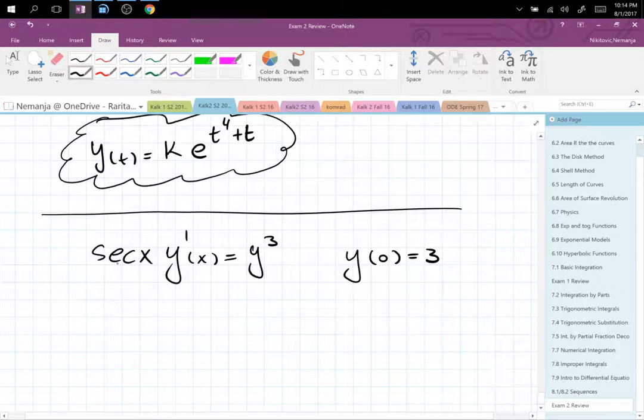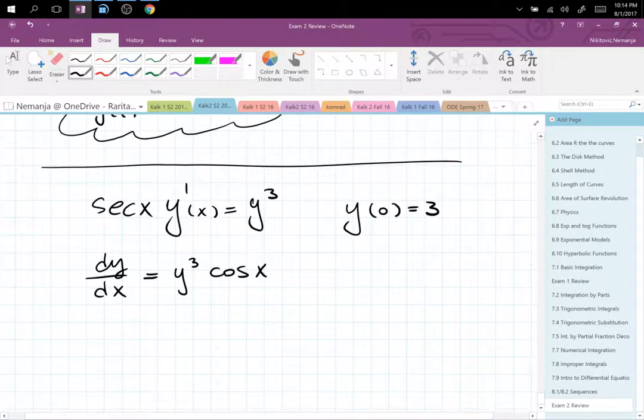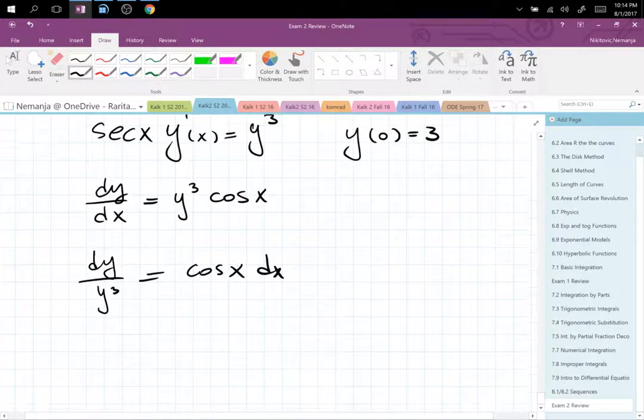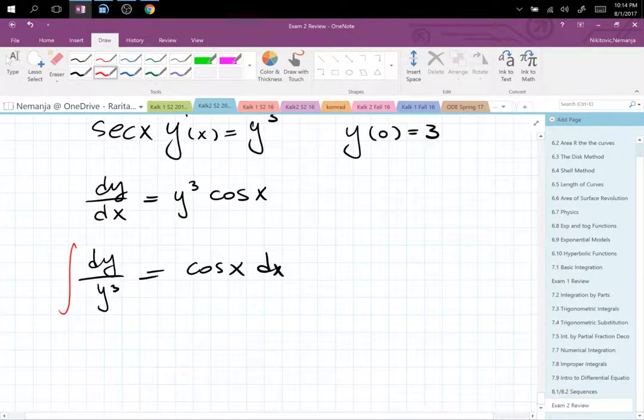So secant goes to the other side, becomes a cosine, right? Because it will be 1 over secant on the other side. So we have dy dx on the left is equal to y cubed times cosine x. Separation of variables, so dy over y cubed is equal to cosine x dx. So as you can see, not a problem. Once you separate the variables,